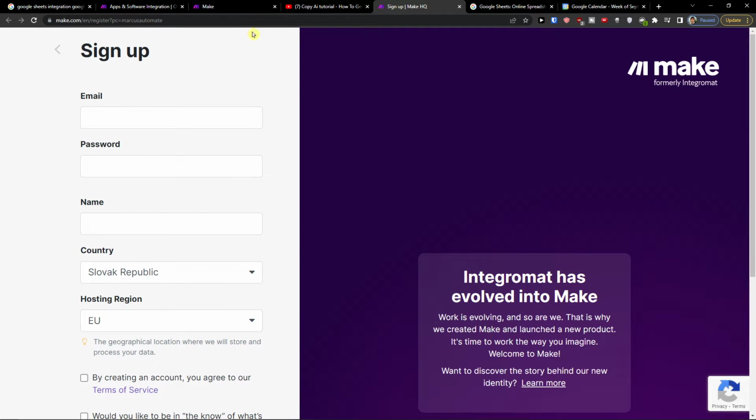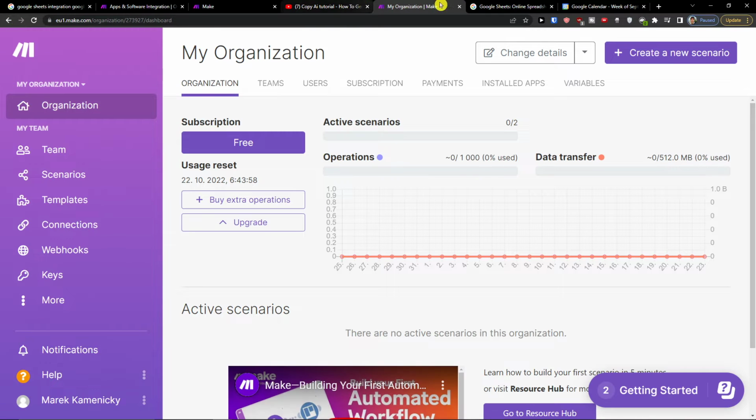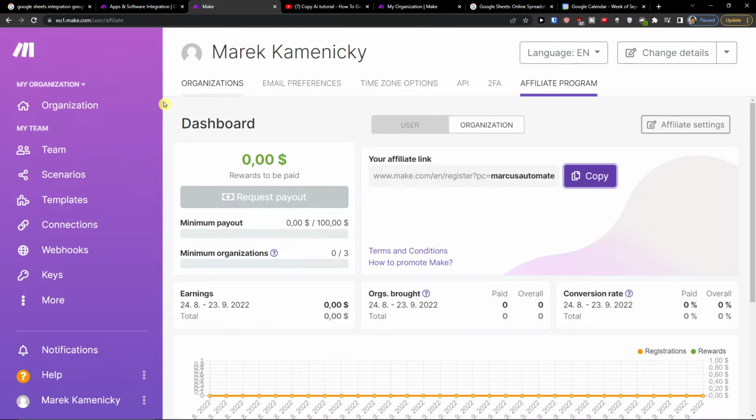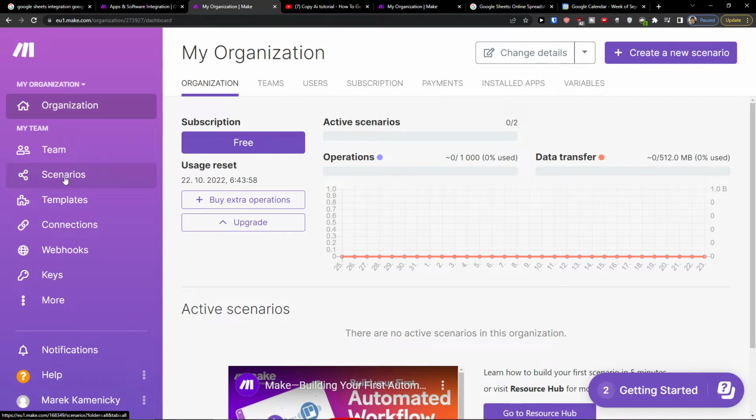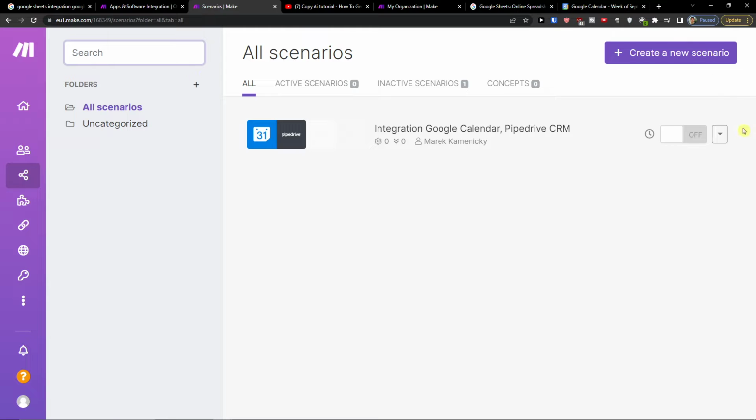Make is an amazing app that is going to help us create our connection and create our integration with Google Sheets and Google Calendar. So when you sign up for Make, it's a really cool tool that you can use. You're gonna be right here in a scenario. Then you want to create a new scenario,